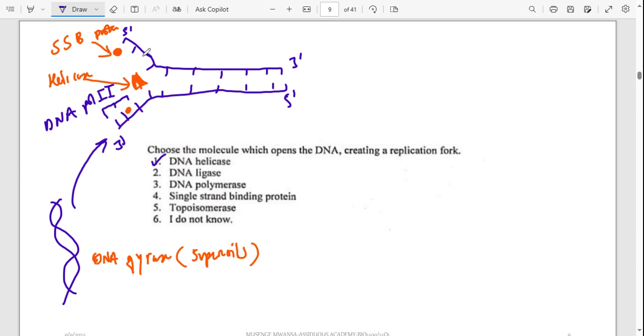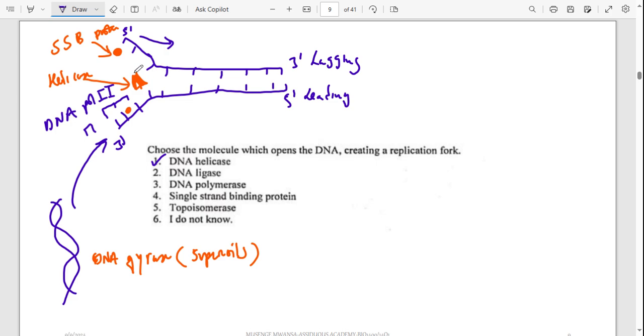And then for this strand, because at the beginning we first laid down a primer before DNA polymerase can come in. A primer is basically a few groups of nucleotides. They are going to be laid down by what we call RNA primase. Primase is an RNA molecule. It will lay down a primer, and then DNA polymerase can continue. So this strand, which is running from 3 prime to 5 prime, is known as the leading strand. The one which is running from 5 prime to 3 prime is known as the lagging strand,